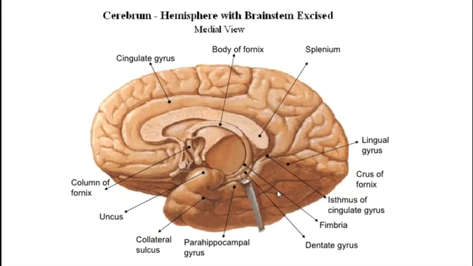So now let me help you again. So this is the, I think you should be able to remember the name. This is the parieto-occipital sulcus. This is the cingulate sulcus, both of them joining each other, moving ahead. This was the cingulate gyrus extending behind and below the splenium, extending forward as a thin strip of the isthmus. This is the parahippocampal gyrus. See, you can see the parahippocampal gyrus.